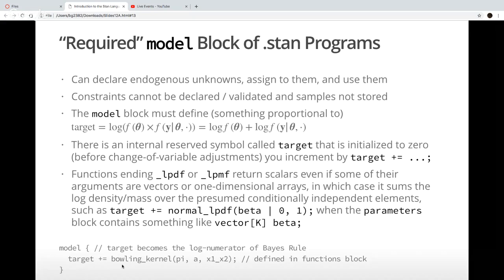In this case, we just have one set of parameters, pi. So questions about what the model block does, or its relation to any of the other blocks, or about anything else?